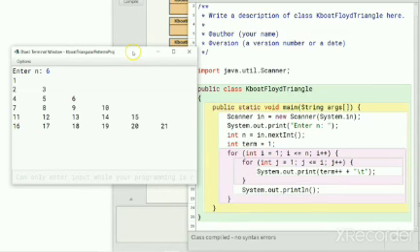As you saw, while solving these patterns, there is no set formula that you can apply to solve all the patterns. You have got the outer loop, the inner loop, and then you need to print something in the inner loop. By looking at the pattern, you must figure out how you should run the inner and outer loops and what you should print inside the inner loop to generate the required pattern.